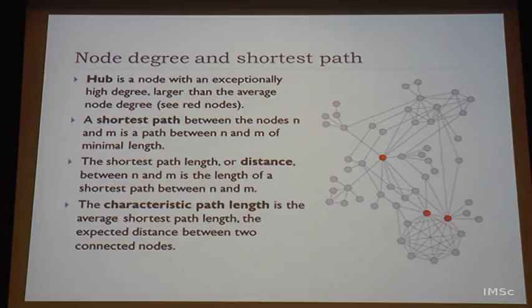Again, a typical question people ask is, what is the shortest route that I can take to get from the airport to IMSC, for example? Is there one shortest route, or are there two shortest routes that are equally viable? And what other parameters can I put in to say that this is the best path I can take? How do I get from node S to node T given this topology that is out there?